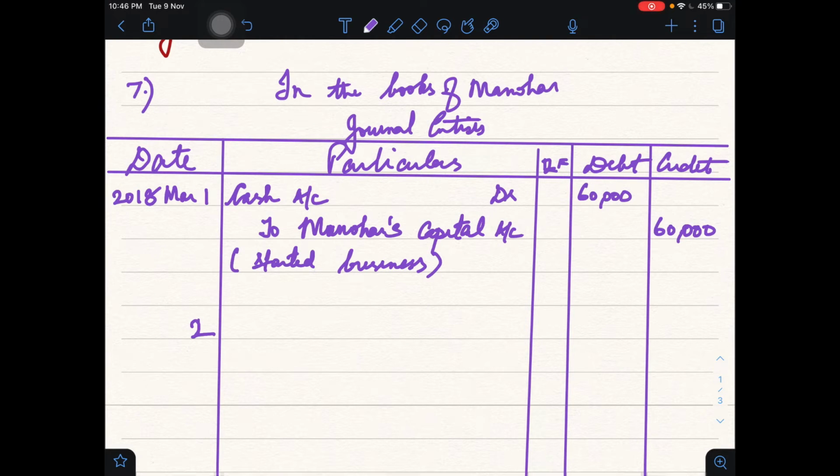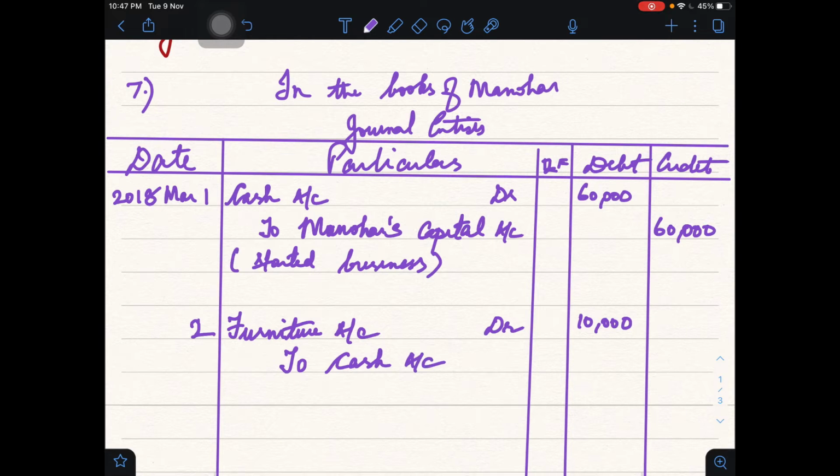So in the case of furniture, you understand that furniture is coming inside, and what do you say? Debit what comes in. So as per that rule, I am going to journalize by debiting furniture account, rupees 10,000, and then cash goes out. To buy furniture you have to pay cash, rupees 10,000. So cash goes out. Thus you say furniture is purchased.